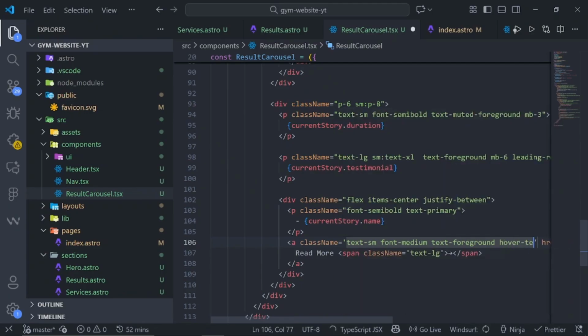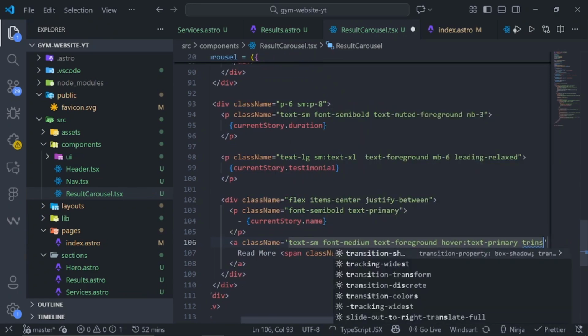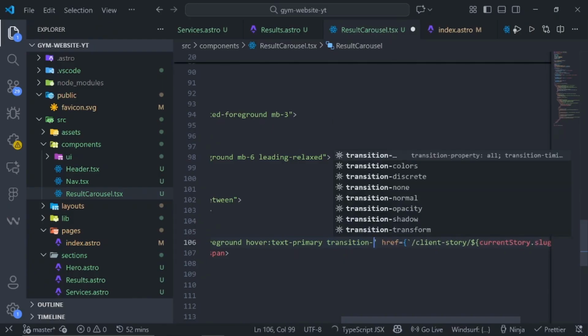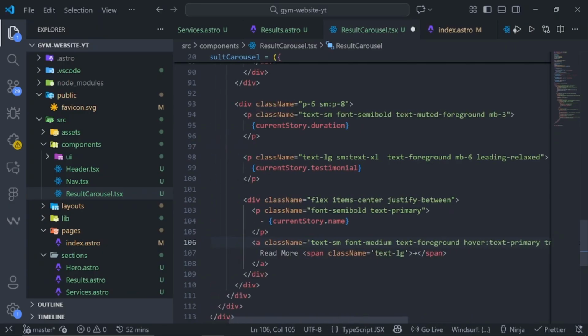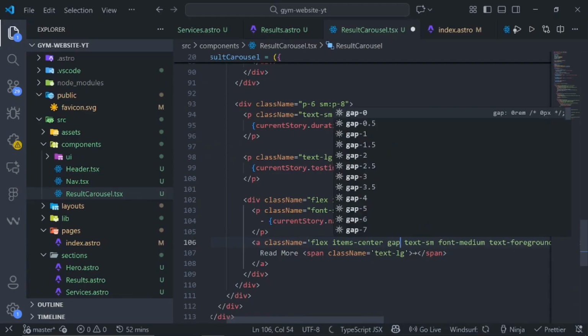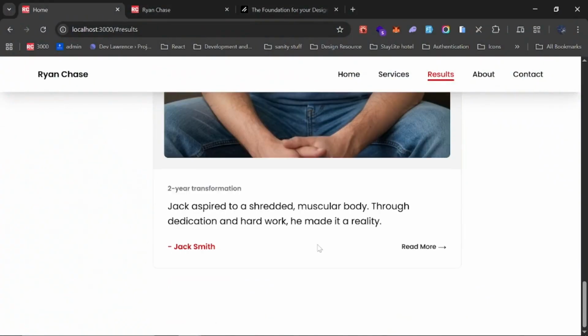Then on hover, the text will be primary. Then add the transition. Transition of, let's just do colors, and since we have a span here, we just need to add a flex. So let me just do it right here. We'll say flex, items will be center, and add a gap of 1. So I can save this. If I go back, I can see that this is coming in